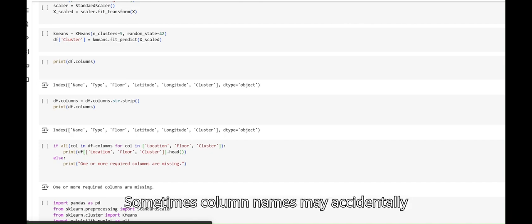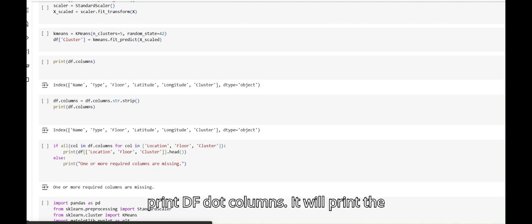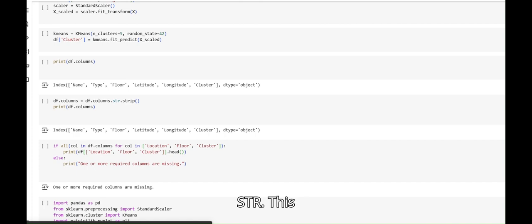Sometimes column names may accidentally include spaces. print(df.columns) will print the columns. df.columns = df.columns.str.strip()